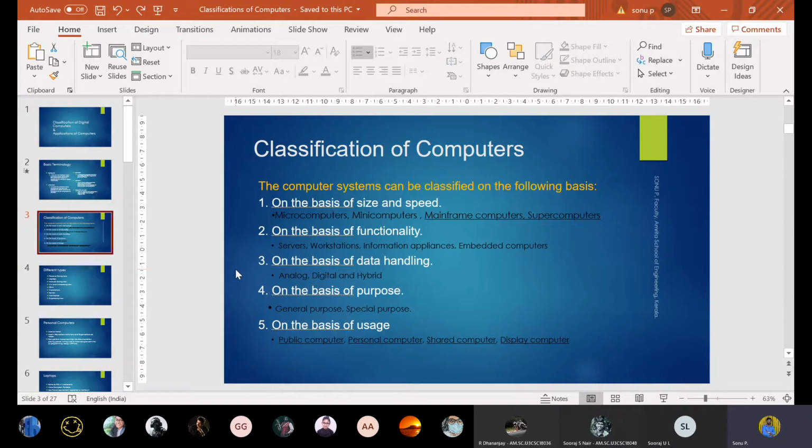Then again comes the important computers. They are mainframe computers, which are mainly used in server rooms. These mainframe computers are also called the backend computers or server computers, in which different high-level capabilities will be there.